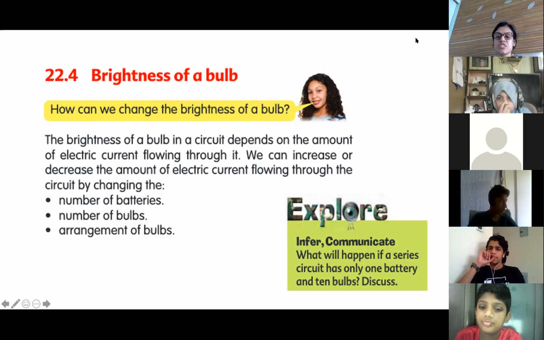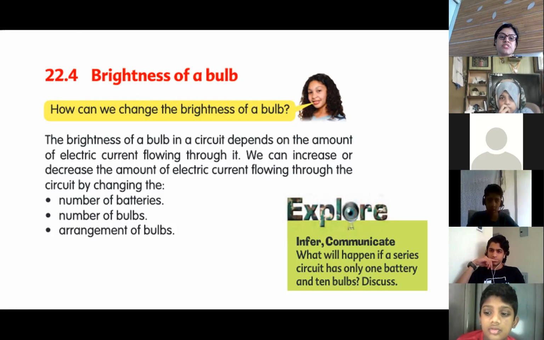Why? Because in series, what is the reason? What happens in a series connection? Because series connection is directly connected to the battery. No, you are saying the reverse way, Munir. Ma'am, series is not directly connected. The voltage is divided among the bulbs. Correct. Voltage of the battery is distributed, divided among 10 bulbs.